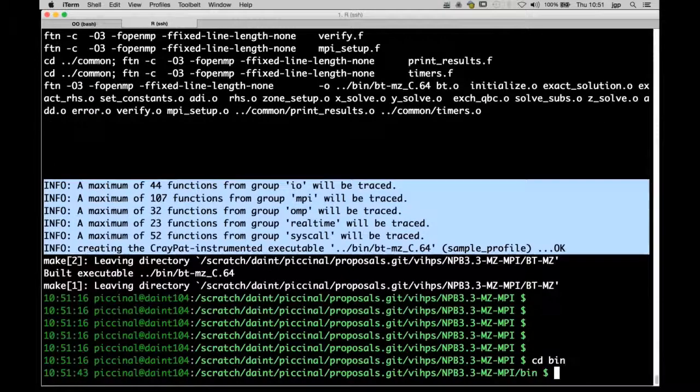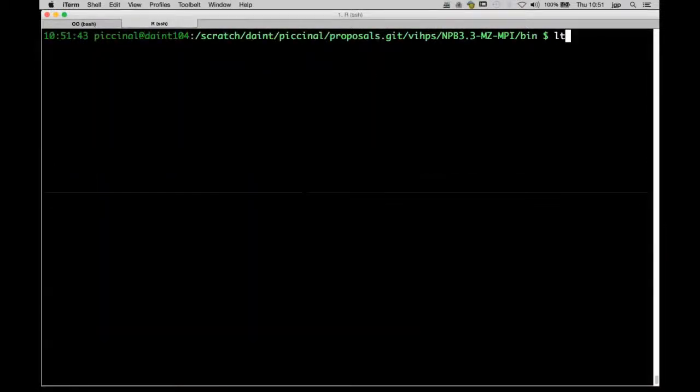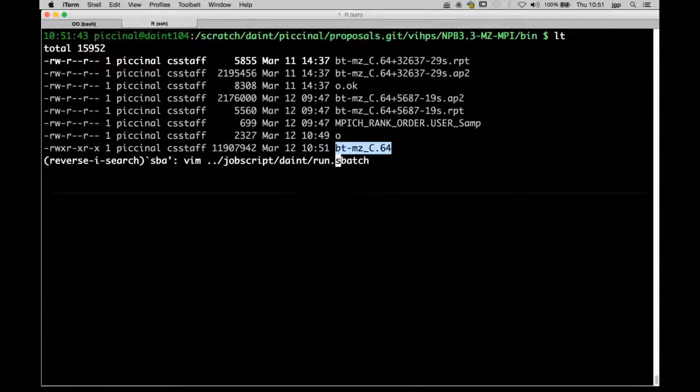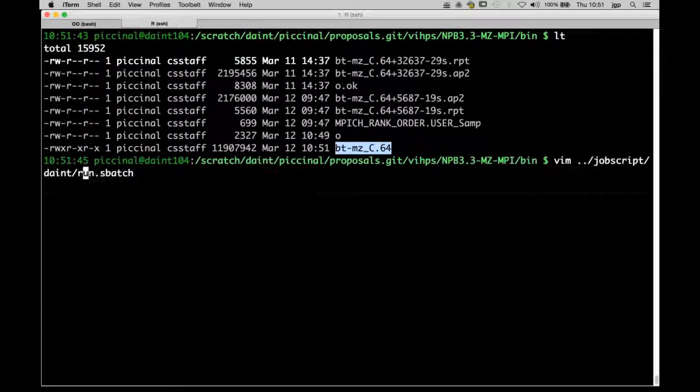So let's run the job and see what happens. So this is my new executable. It has exactly the same name as before. So I don't need to change my job script.